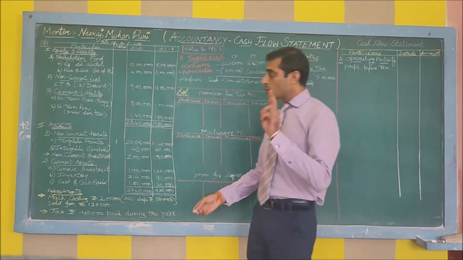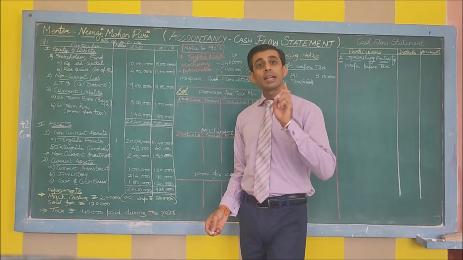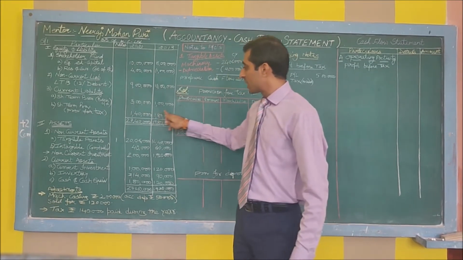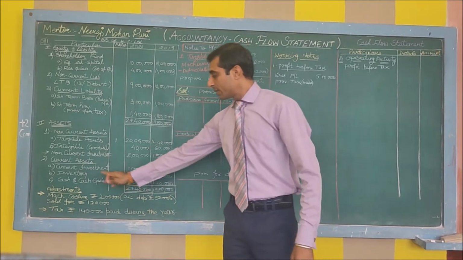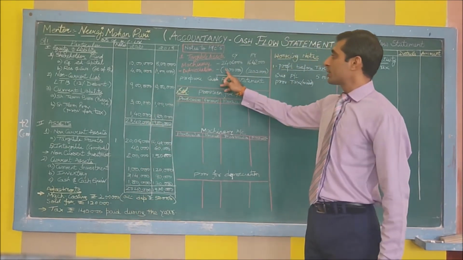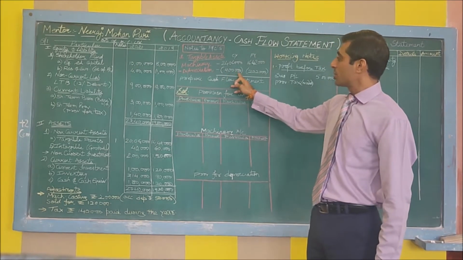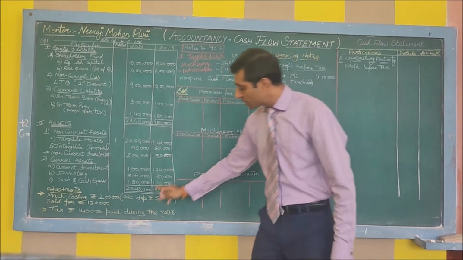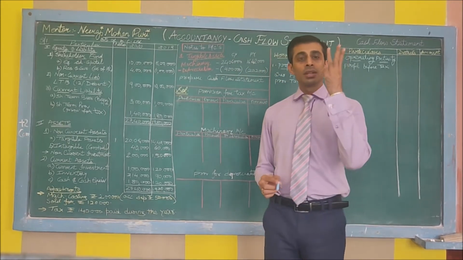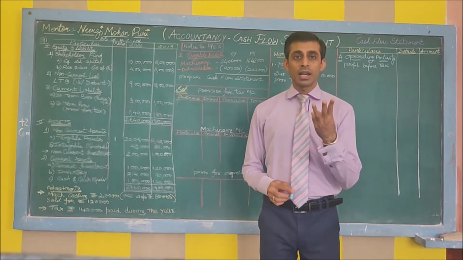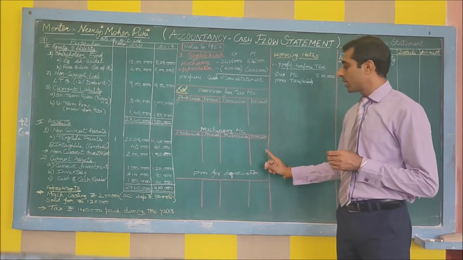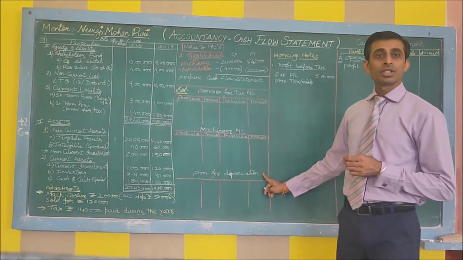When there are more than 2 pieces of information for a particular item, we need to prepare a ledger account. We have information about tax inside as well as in adjustment. Similarly for machinery, there is information and we have an adjustment also, and depreciation we have in notes to accounts as well as in adjustment. So you will have to make 3 ledger accounts in your solution. One is provision for tax, another is machinery account, and then provision for depreciation account.